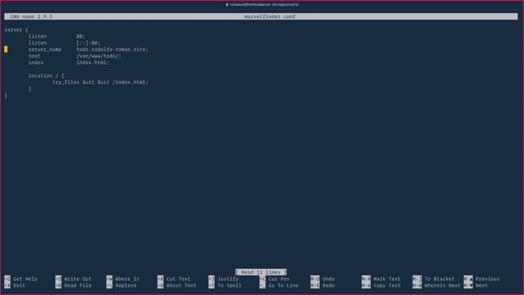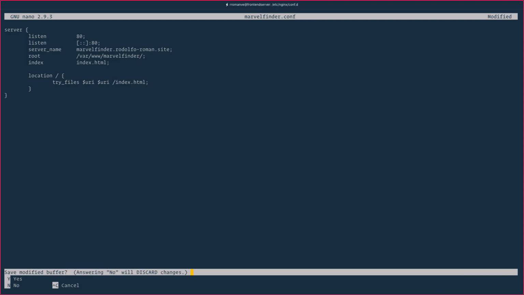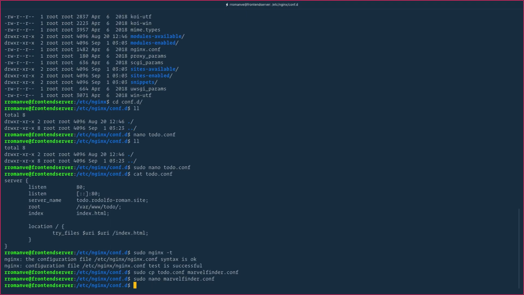And the only things that are going to be changed here is, instead of todo, it's going to be marble finder, and the directory is called marble finder. Control X, Y to save, enter to exit. And now we are going to copy the same to super awesome